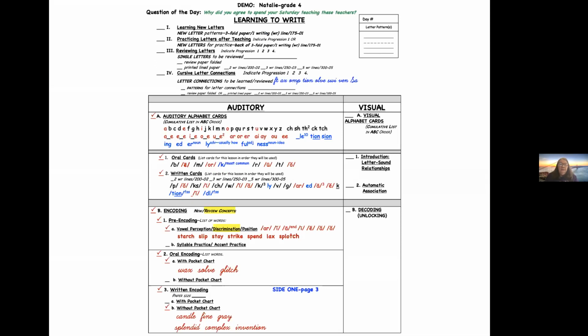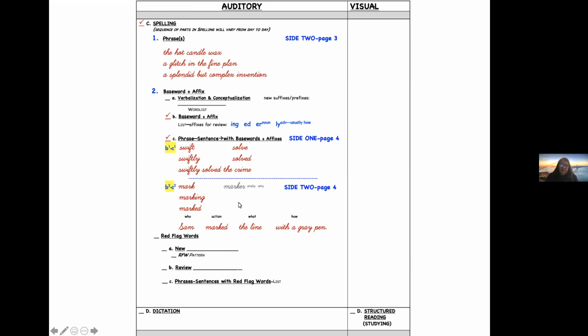Okay, so this is one of the forms that I sent you last week, one of the templates. I think this is what was hard for people to see, that I was trying to fill in. So I filled it in, and this shows you the first part, which is A and B. So this would be the skills part of this lesson, and this would be the functional use aspects.